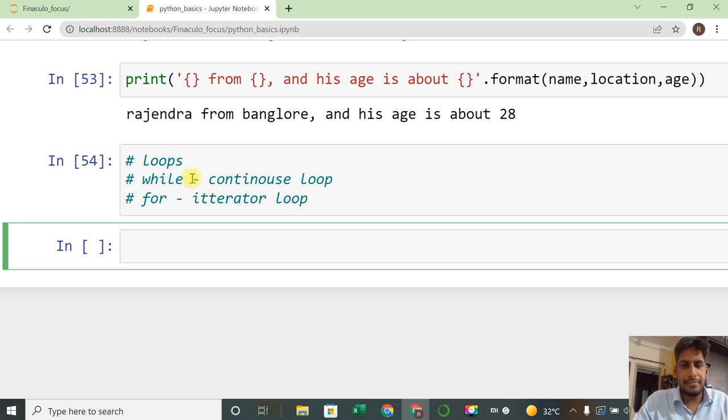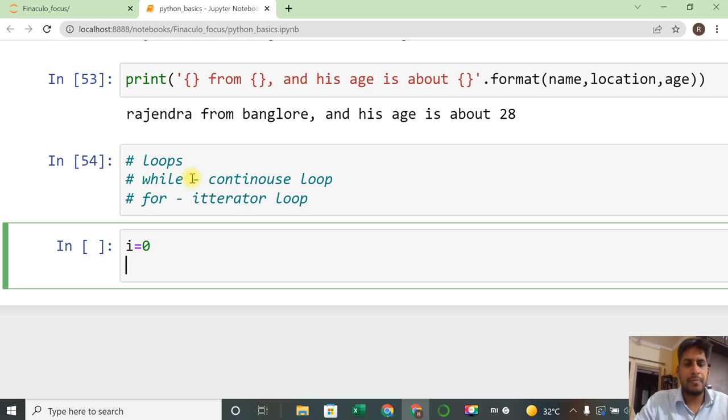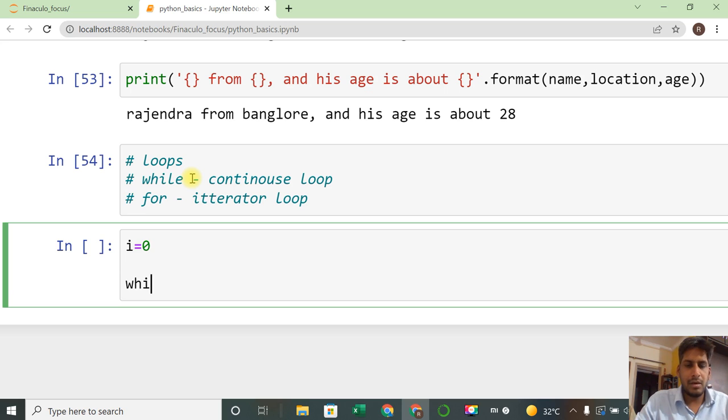For example, I take a simple example. One variable I taken, the number i is equal to 0. I start with 0. I say while loop, I'm calling while i is less than or equal to 5.